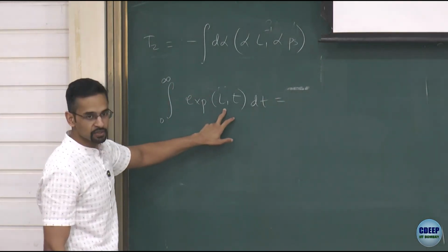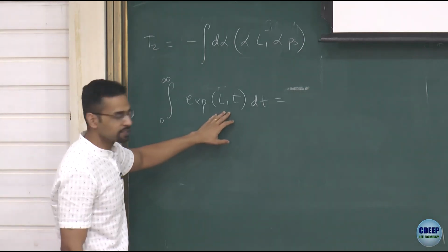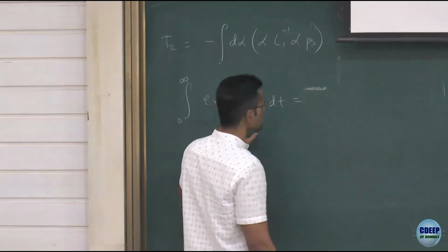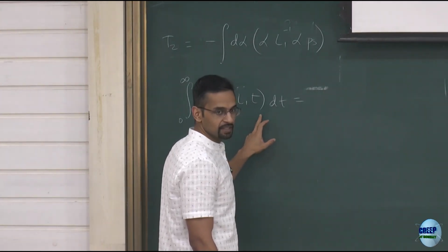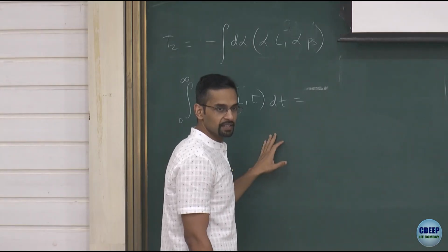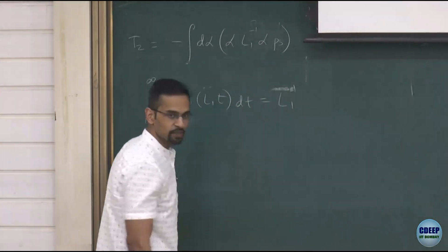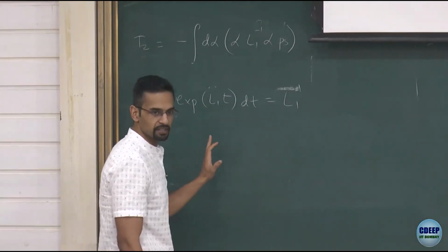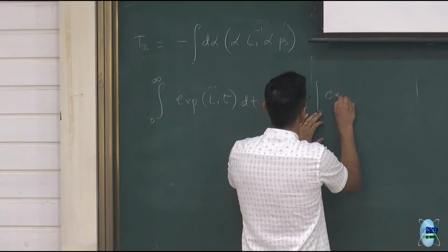Remember, when you have such operator exponentials, you can treat it like a normal exponential. So when you do this integration, what will you get? Exponential L1t divided by L1, which is like L1 inverse, and then you have to apply the integration limits. So that's what we want, an expression for L1 inverse. We'll get it in terms of some integral. So L1 inverse times